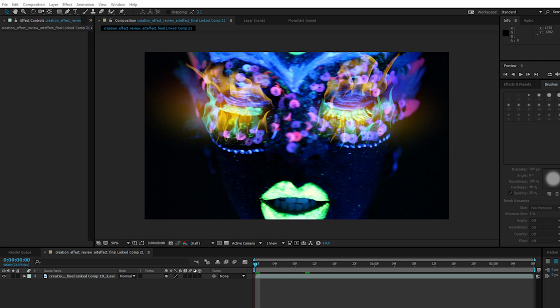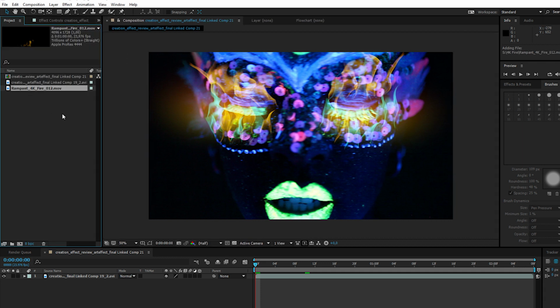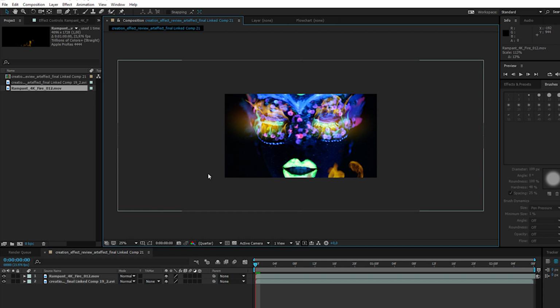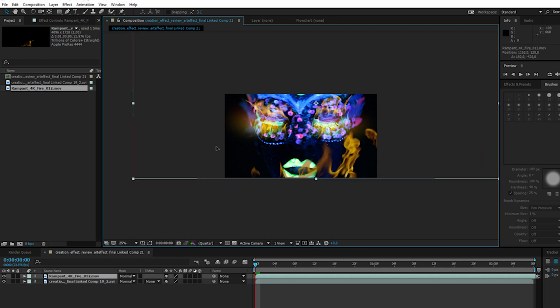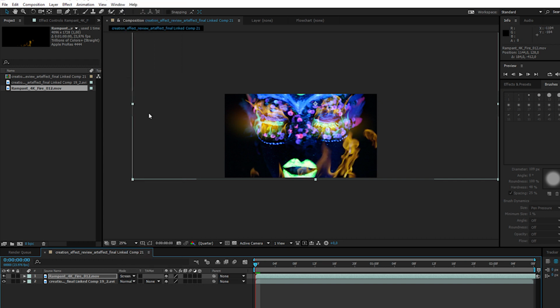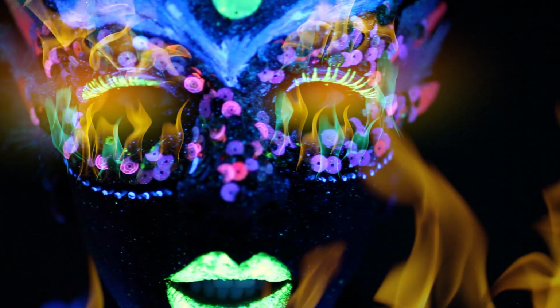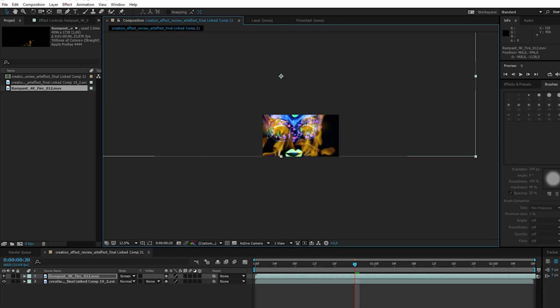Obviously, all the things you can do with the overlays are use them as overlays. I'm just going to use my clip and drag some of the overlay into the project. Now that I have it, I'm just going to put it on top of my clip. It's a very wide overlay, so I'm going to move it on top of it. And I'm going to change the blend mode to screen. You can use it as is, or if you make it bigger and put it on top here,